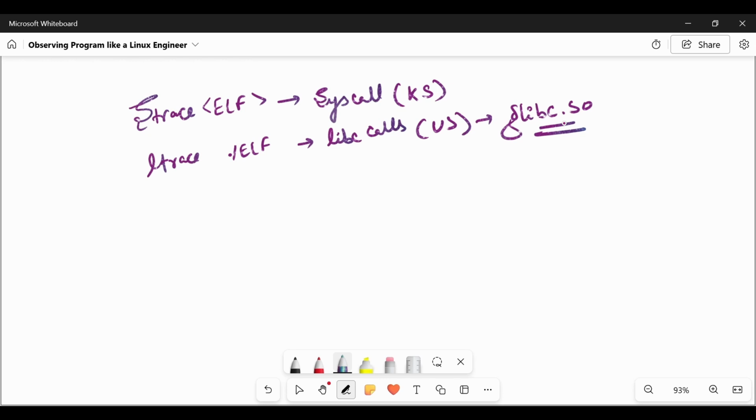So we can say that both strace and ltrace are used to check the full stack of the kernel from user to kernel space. Now the third part is